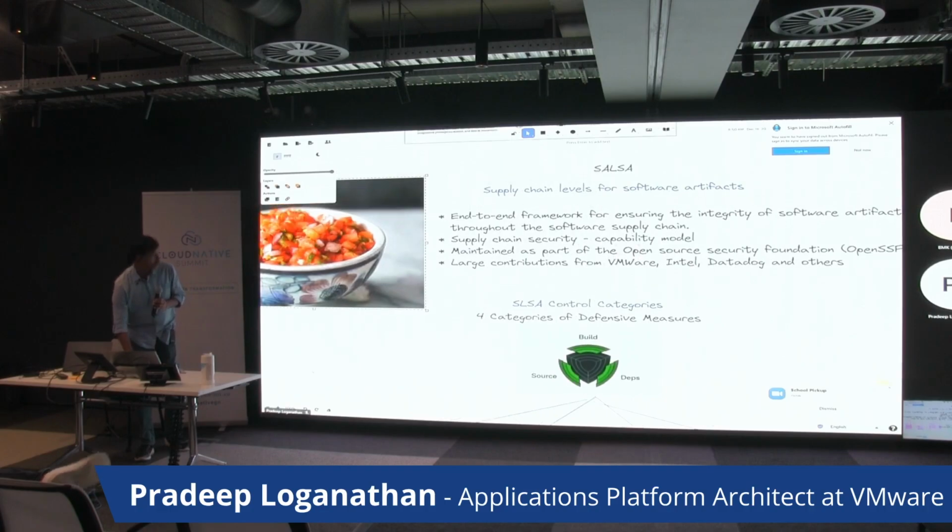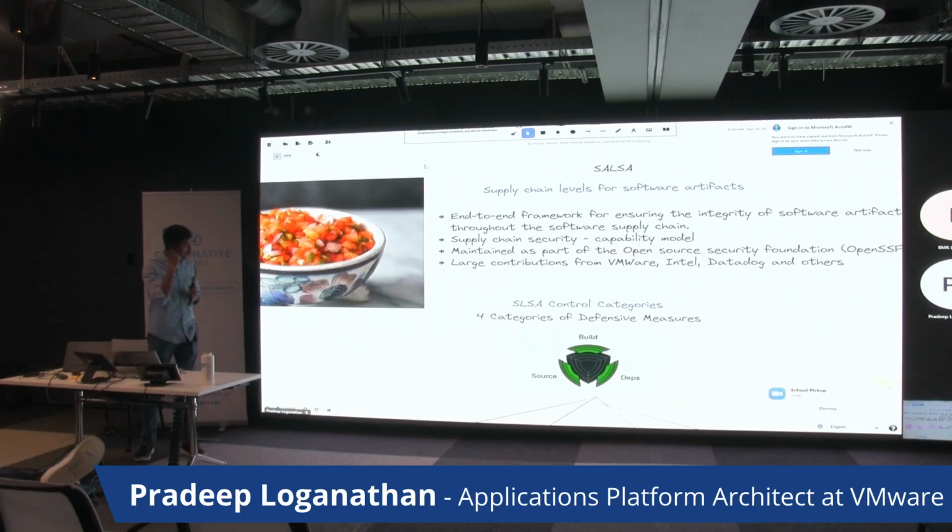So what are we doing in the open source community about it? Within the open source community, one of the areas that we're dealing with is called SLSA, or Supply chain Levels for Software Artifacts. It's a program that's coming out from OpenSSF, and it's being contributed to by a lot of organizations, wherein we are talking through how do we secure supply chains, what are the artifacts, and what are the various principles of how we ensure that supply chain artifacts are secure. It's also a capability model. It has various levels, primarily 4 levels. It's maintained by OpenSSF, and there are large contributions from a lot of open source community members.